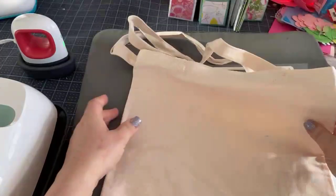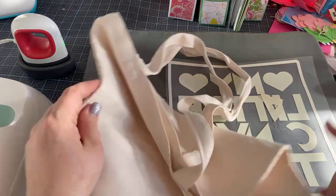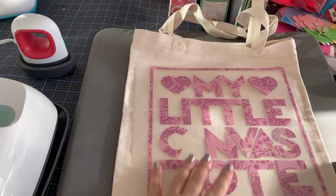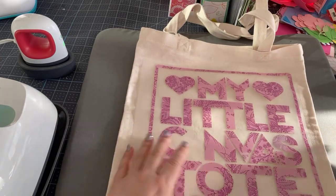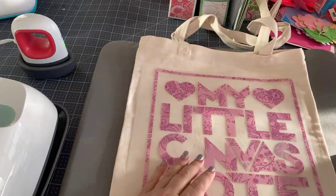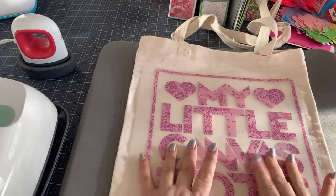Okay, so the canvas totes are also, what size are they? 20? These are like 12, 13 inches wide. It's a normal size. Now, you notice that my A isn't on there. I got it over here, but I like these sort of here. And then I got my A here that I'm going to have to place, but I do need to preheat